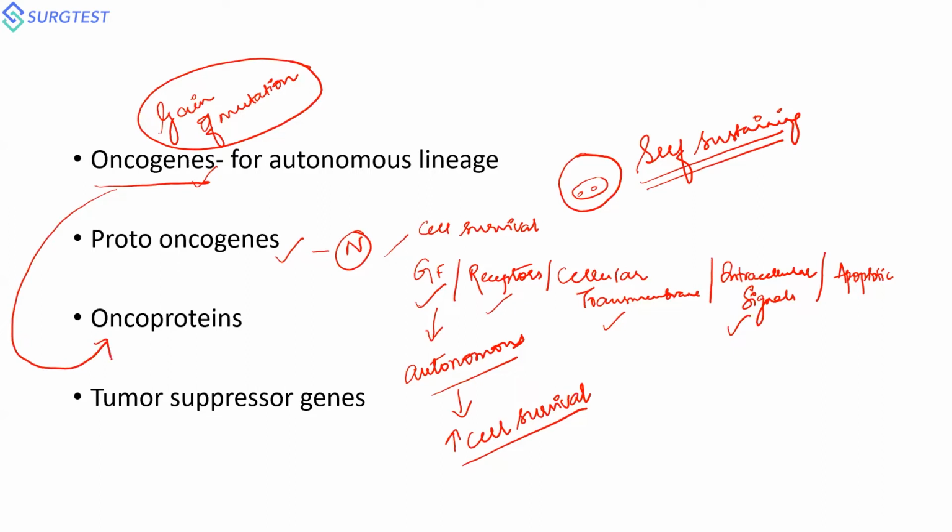By definition, your proteins are encoded by your genes. You have your introns, your exons, your coding and your non-coding regions, everything that is too much genetics for your SS exams. Once you get into your MCh, during your preparation times for your MCh career, you will have to learn all these things. Your oncoproteins is just for namesake mentioned here. These proteins are the end product of all your oncogenes. If somebody asks me for an example for all these, yes, I will tell you.